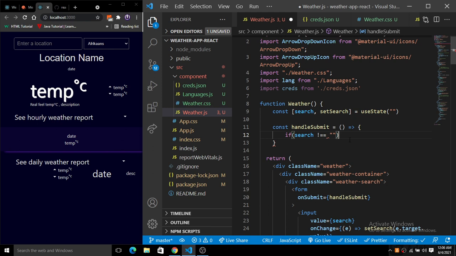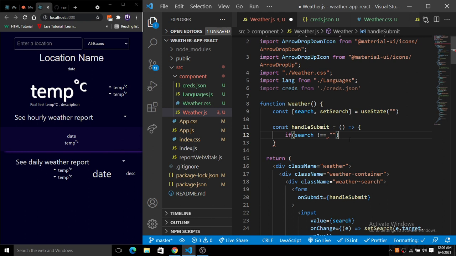So for this we will just add an else statement also, where we just put the alert function, to alert the user to enter a valid location.